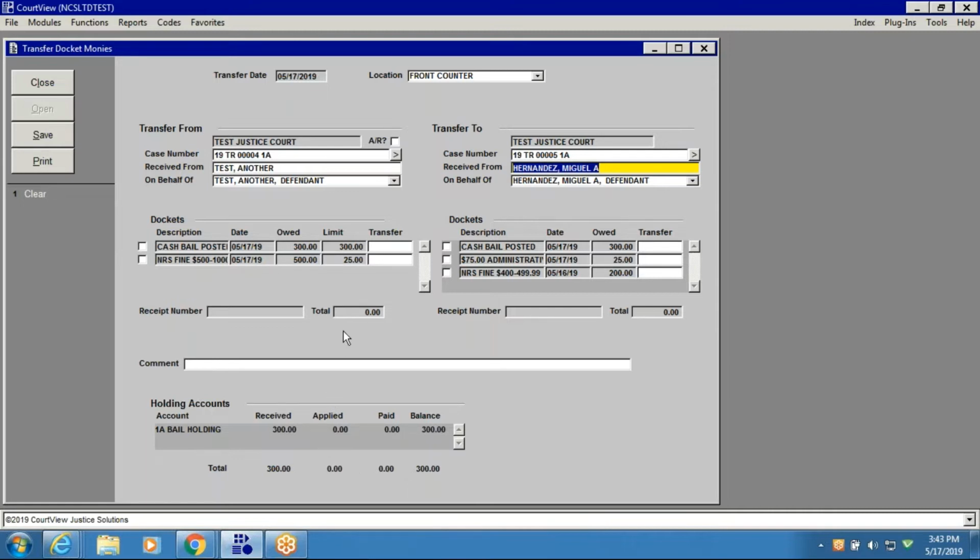So what we're going to go ahead and do is we're going to actually pay off the fines and fees on this case using the cash bill from 19TR4. Okay. So in order to select that docket, each one's going to have a little checkbox on the left of it. We're going to select that cash bill posted. And we're going to go ahead and put in $225 because that's how much the fines and fees are on the other case. Awesome. So once we tab off, you're going to see that it does the same thing that the receipting does, where it takes in that priority queue and it tries to pay off the docket with the highest priority. So once we tab,